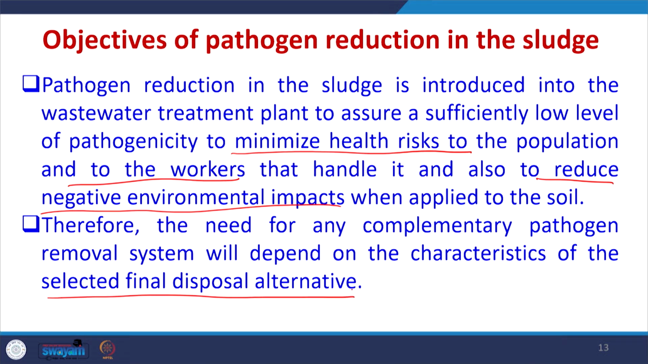The need for any complementary pathogen removal system will depend upon the characteristic of the selected final disposal alternative. So, whether we are going for agriculture, or we are going for landfilling or simple topsoil uses, etc. So, depending upon that, the objectives may change and whether a requirement of any pathogen removal is there or not,